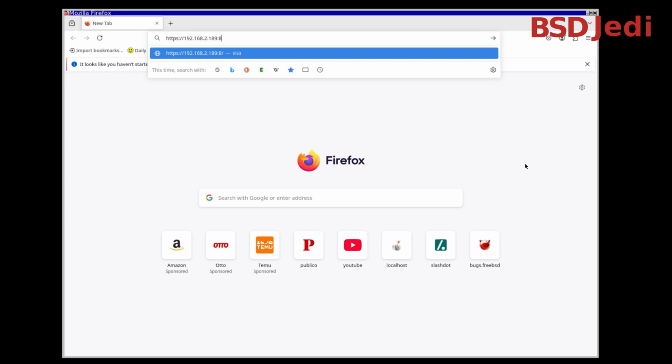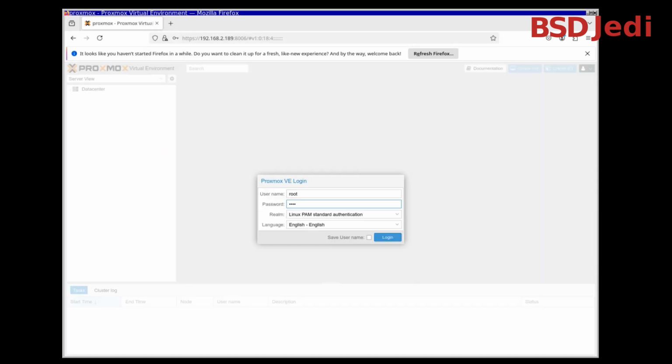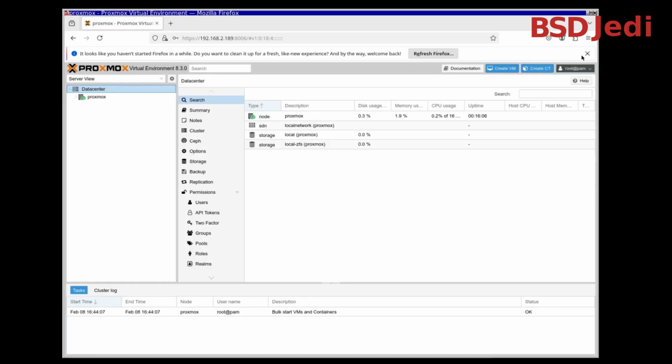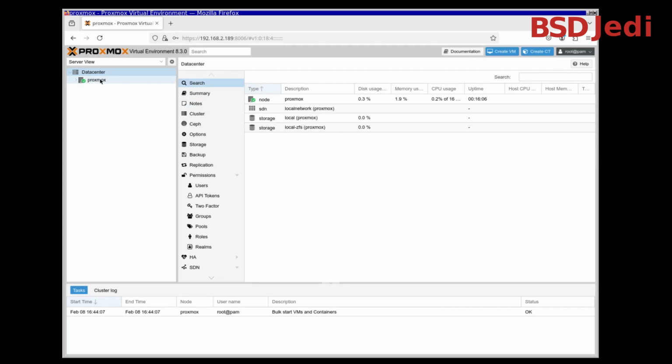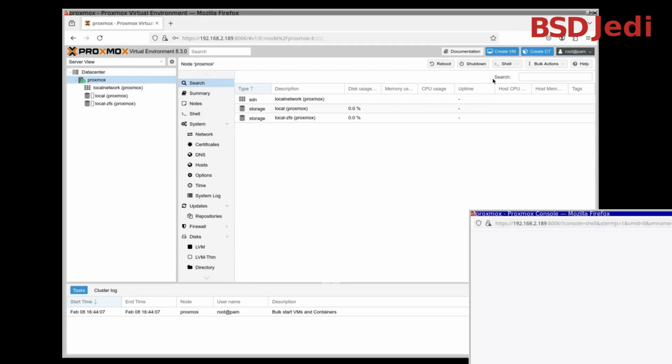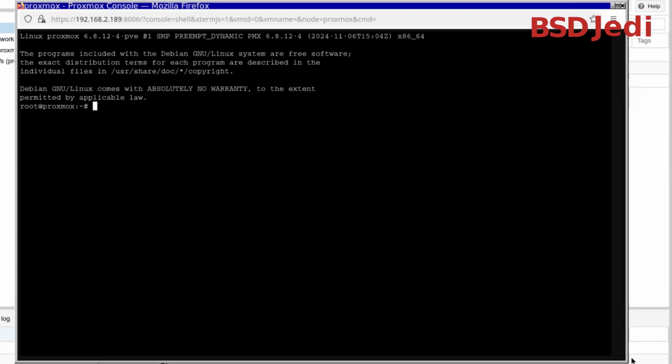192.168.2.189 port 8006. I log in as root. Okay, you do not have a valid subscription. We are going to try to fix that. We go here, we start, so we select the Proxmox and open a shell. And now we are root in the machine and we go to /usr/share,